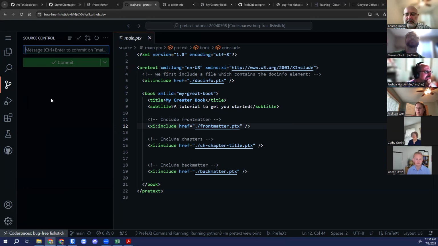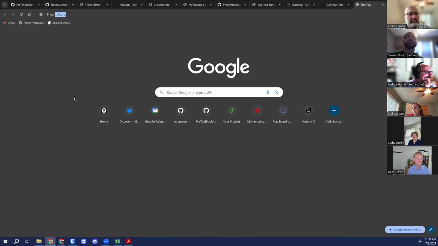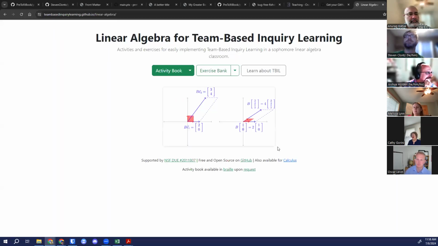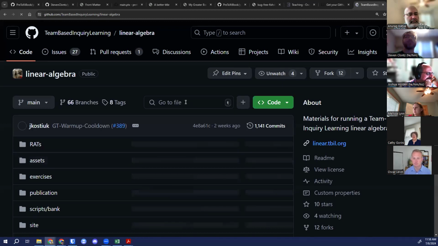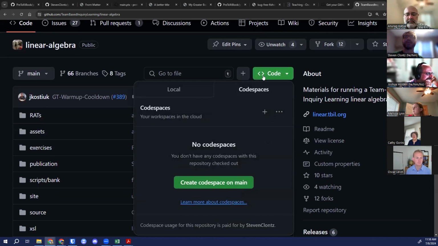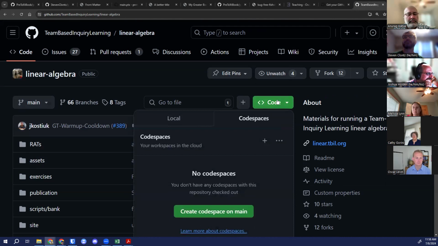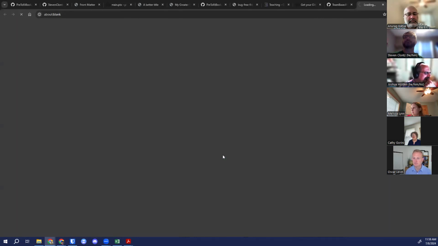How do I bring everything from the github.com account into code spaces? That's a very good point. So let me just show you by example. I'm going to go to a pretty elaborate example, my linear algebra. We've got about half a dozen folks that have contributed this over the years. And so if I go to GitHub, I almost certainly don't have a code space for this book, even though I've made many commits on it over the years. But I'm just going to go back to that repository while logged in. I have access to the repository, which means I can go to code spaces,